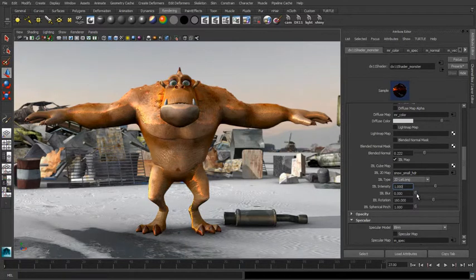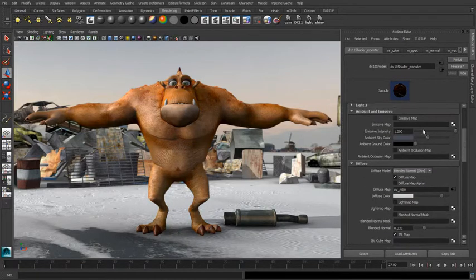And what I'm going to do is start to blur this out. As I soften the effect or blur out that image-based lighting map, you'll see that it really starts to give us a nice contribution from the environment to our character's lighting model. And we can turn this down to maybe something like 0.5. And now that we've got some image-based lighting bouncing some indirect light into that character, we can turn down that